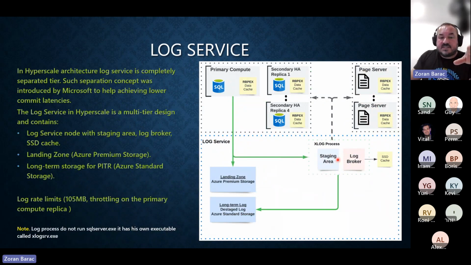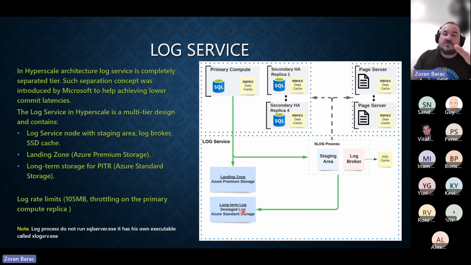When it's confirmed, the staging area passes it to the log broker. The log broker updates all those page servers and the secondary HA replica if necessary with all this information and syncs them. So this is now available because it's hardened in the landing zone. If it's available, it's going to be sent to the long-term storage.